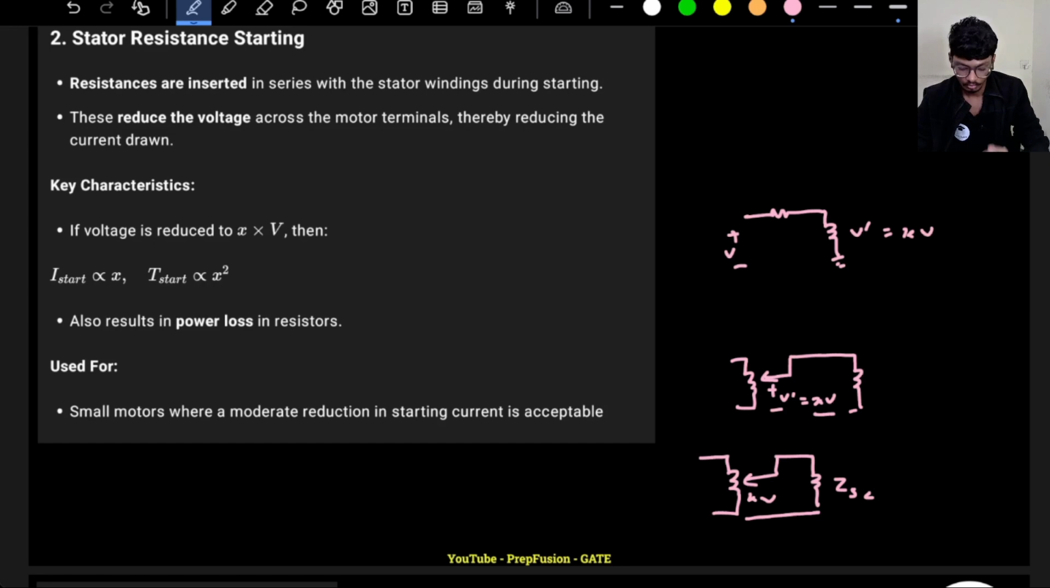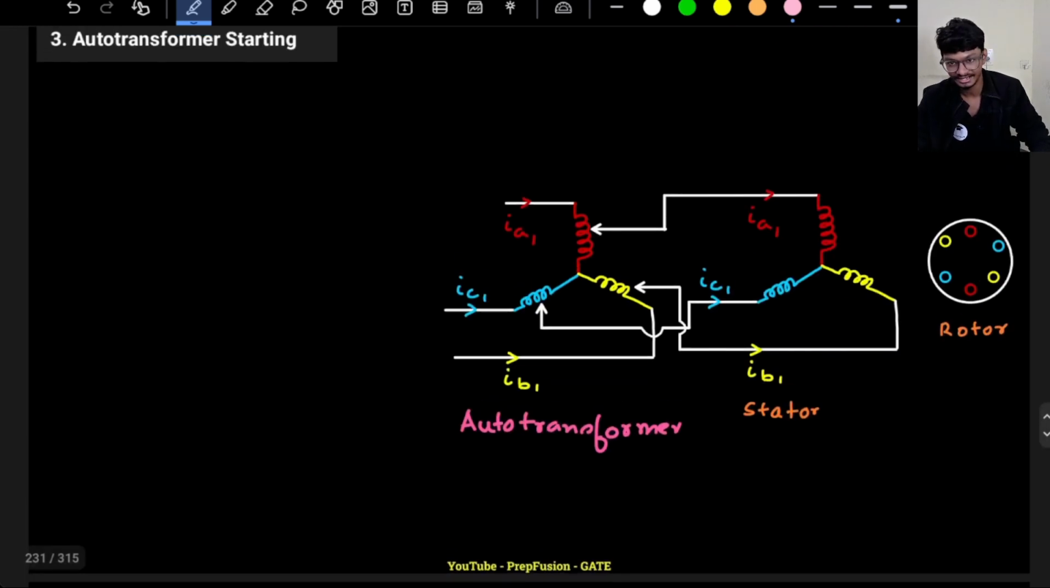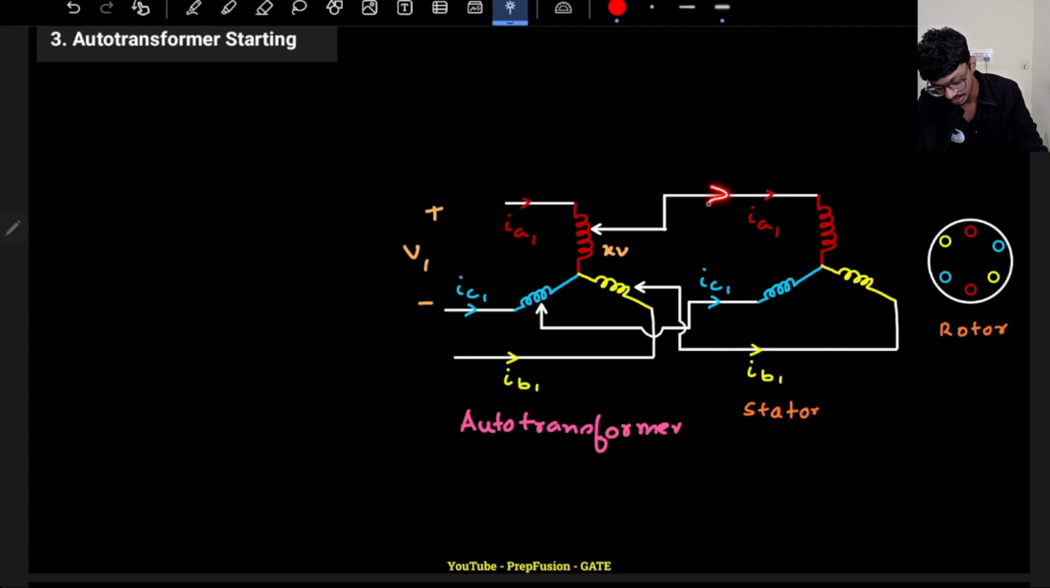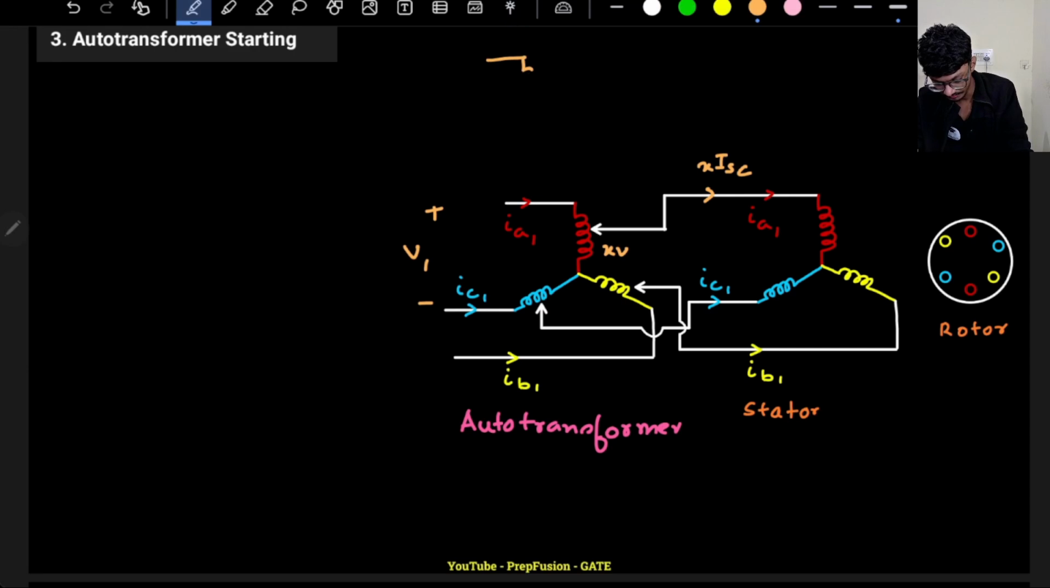So what we can do is use the balance equation. Here I am actually applying V1 voltage only on the primary side, but here I am getting voltage XV, and the current is IA1. As I am applying XV amount of voltage, how much current is it taking? Still it will take X into ISC. Why? Because if I draw the equivalent circuit, I have the coil per phase equivalent,